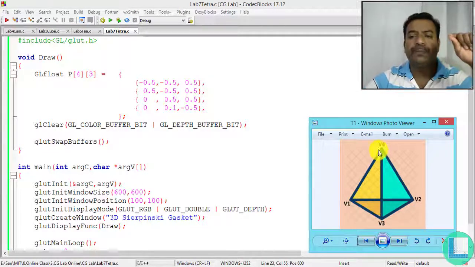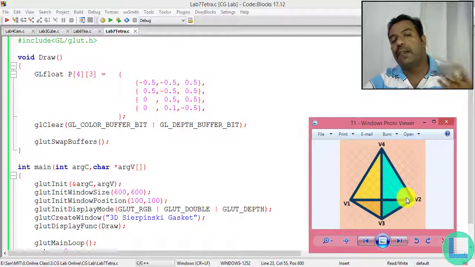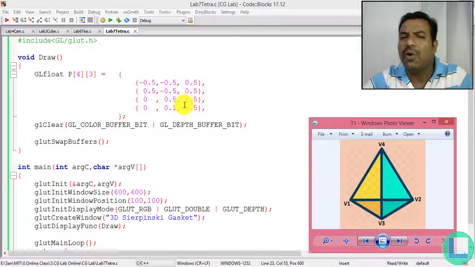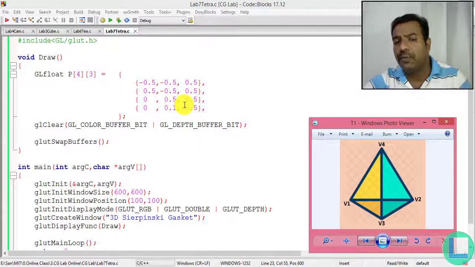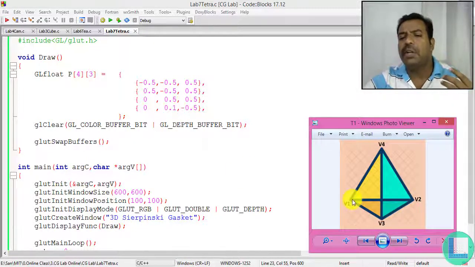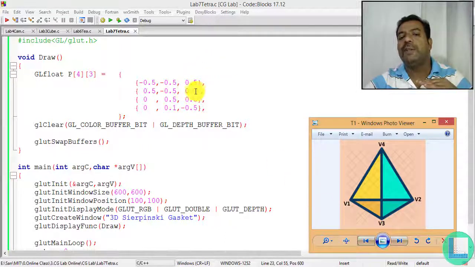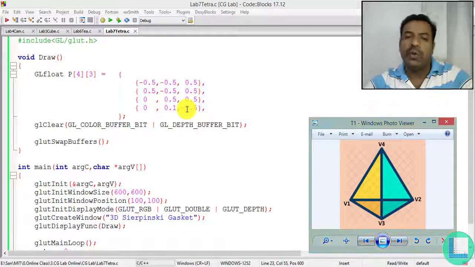But make sure 1 point is going to be at one end of the z-axis, and the remaining 3, the base of the tetrahedron, is going to be at the other end of your z-axis, or any value you feel like giving. If V1, V2, V3 is going to be the base, just keep those 3 points at the same z value, and at the tip of the tetrahedron, make it at the other side or a different value on the z-axis.